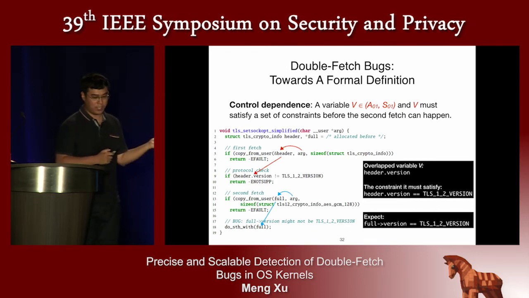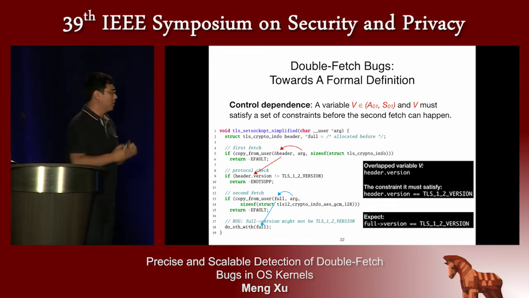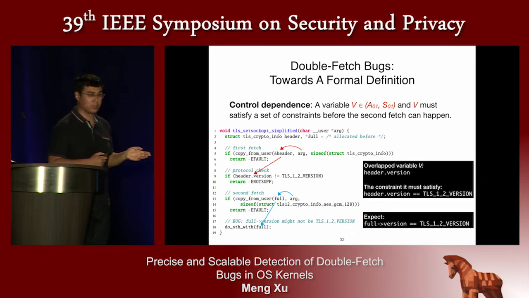For example, in this case, in order to reach the second fetch, the header.version must be TLS 1.2. So we expect that after you do the second fetch, this property should still hold. Unfortunately, after you do the second fetch and until the end of this function, there's no way to ensure that this header.version, or in this case full.version, is still TLS 1.2. Therefore, it's a violation of this control dependence,